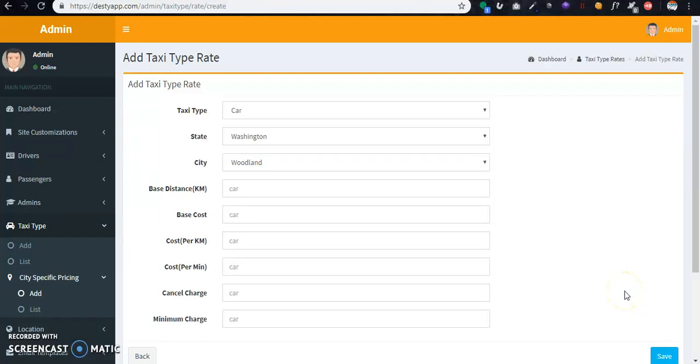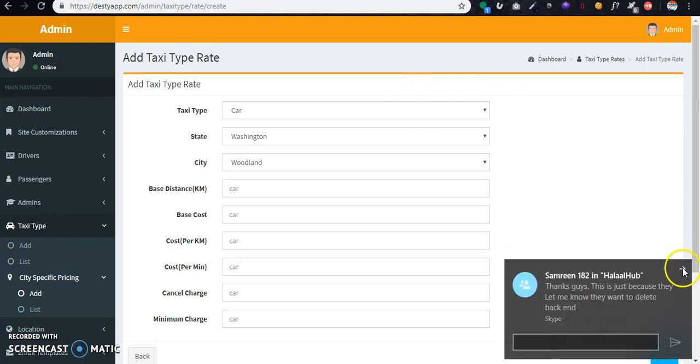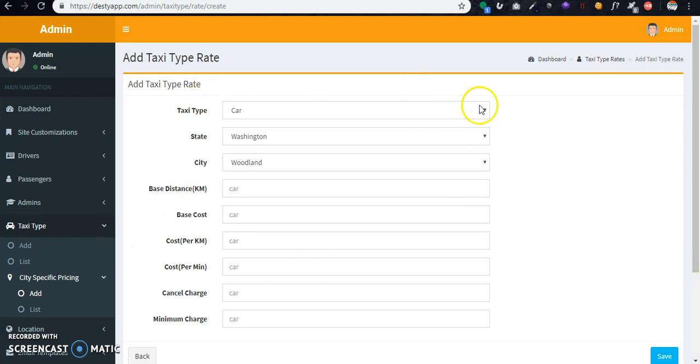Hi, in this video I'm going to explain the city specific pricing and how it is working. So on the add taxi type rate page, as you can see, starting from the beginning, we have